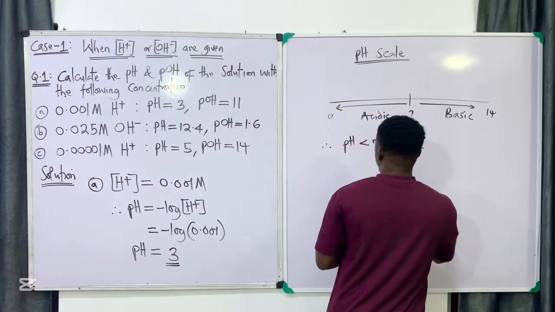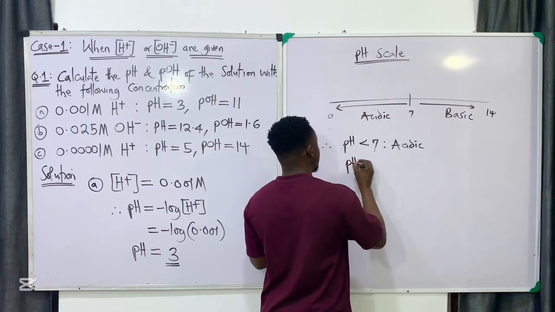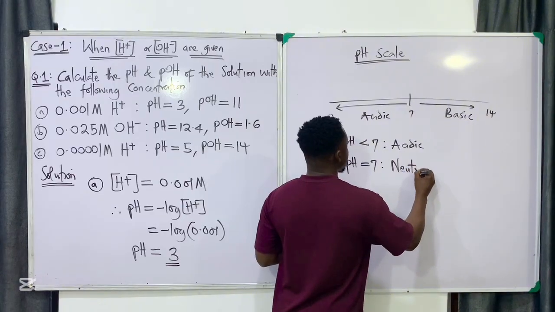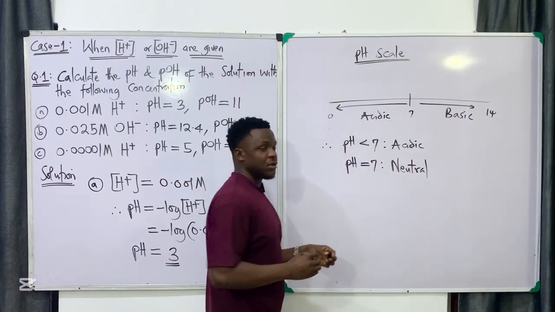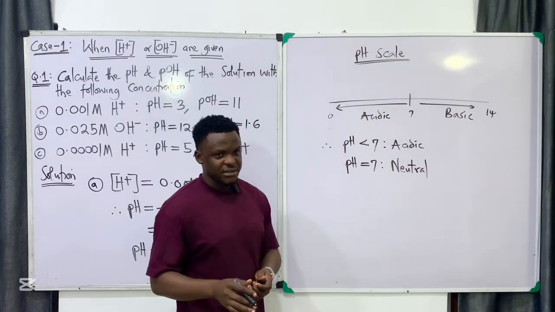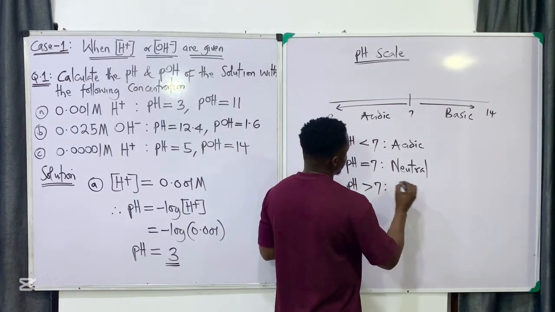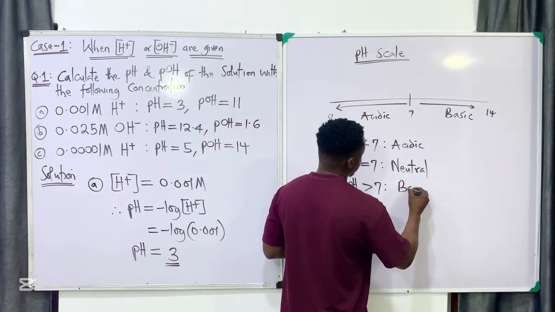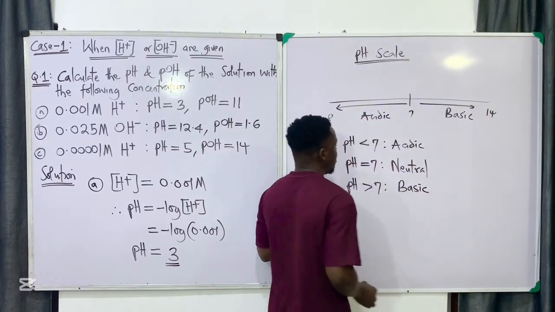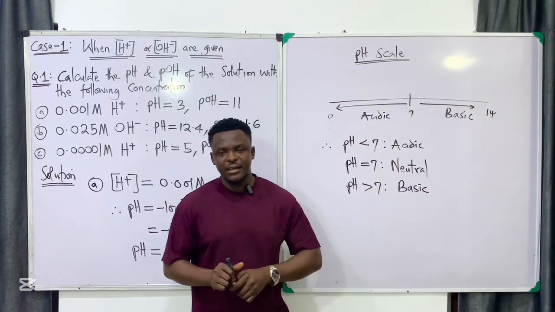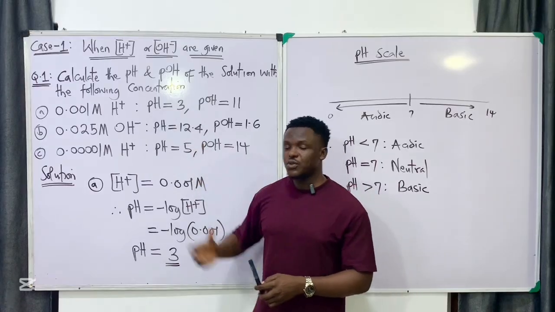So, if pH equals 7, the solution is neutral. It's neither acid nor base. Then if pH is greater than this, that is basic. Alright, so with these 3 examples, you should be able to solve